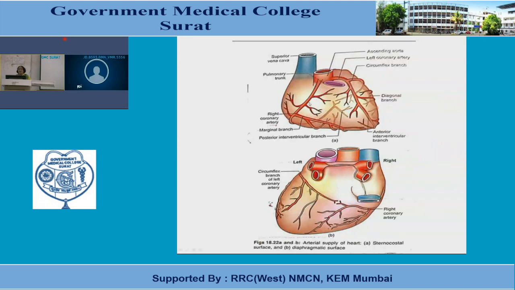But you can see here the right coronary artery is nicely visualized. So here the SA nodal branch, these are the conus branches, then you can see the circumflex, and these are the marginal branches, and it gives rise to the posterior interventricular branch. Posteriorly, the dotted line indicates the posterior interventricular branch.